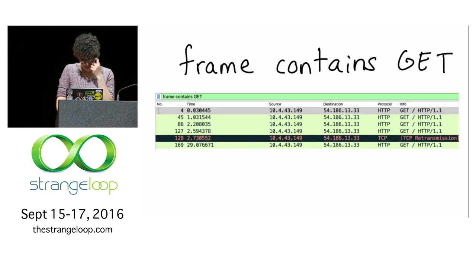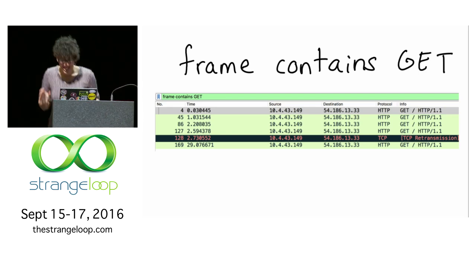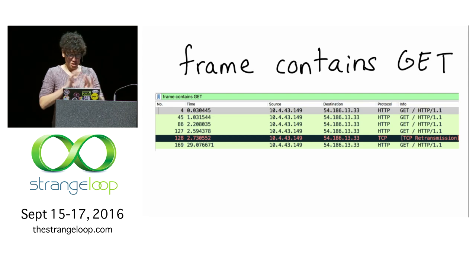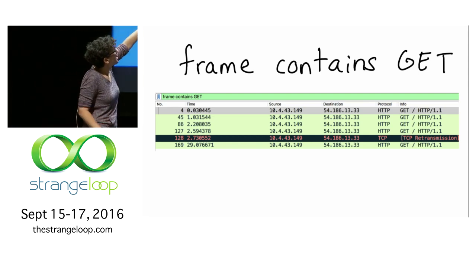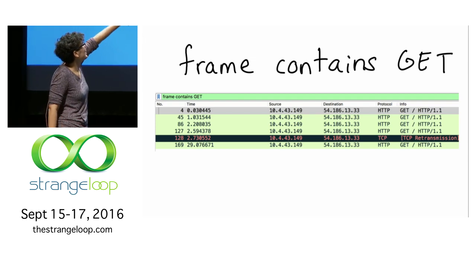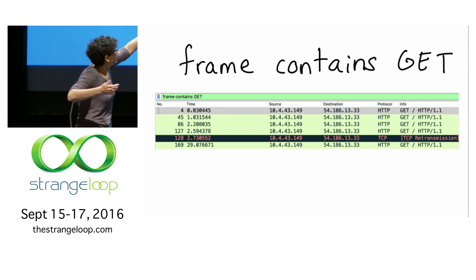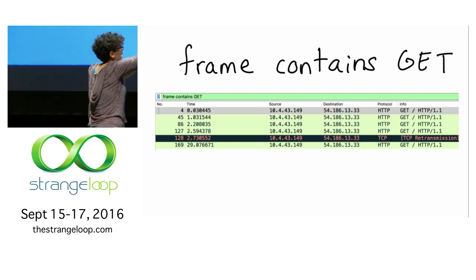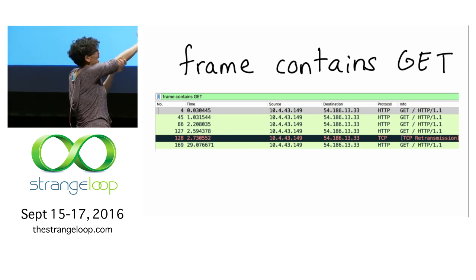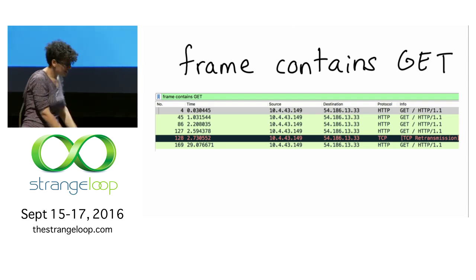One thing that you can do, I wrote these exercises for using Wireshark to say it's OK, I promise. You can just search all your packets. I said, OK, I just want the ones that have GET in them. And there were 5. 5 is a normal number. They came from this IP, and they went to that IP, and that's it. That's so simple. And the nice thing is this packet actually has an HTTP request in it, and Wireshark knows everything about the HTTP protocol, and you can just go into it and see what happened.